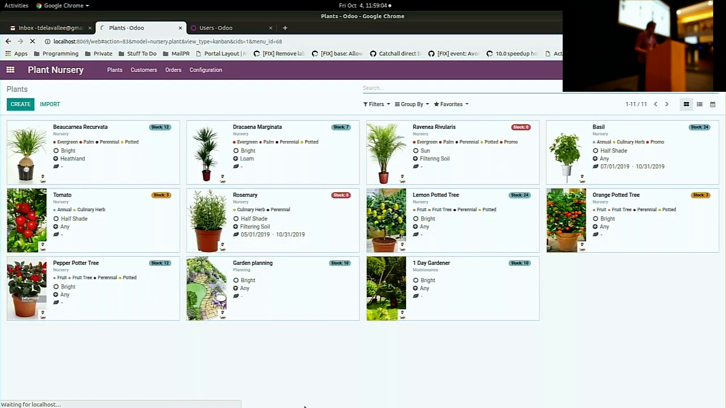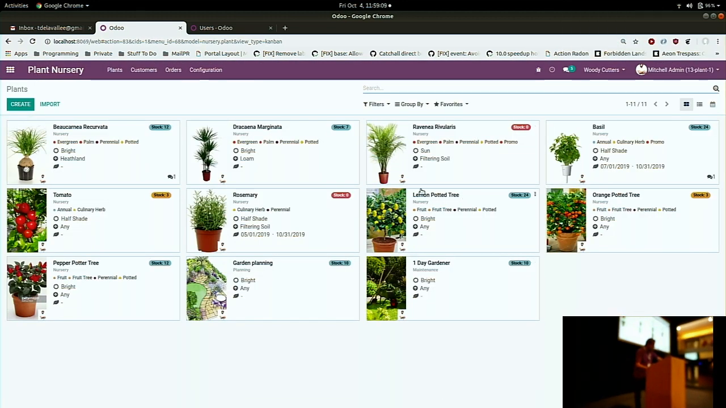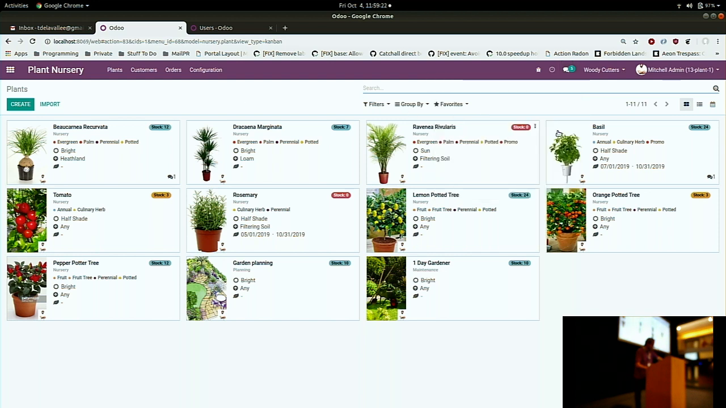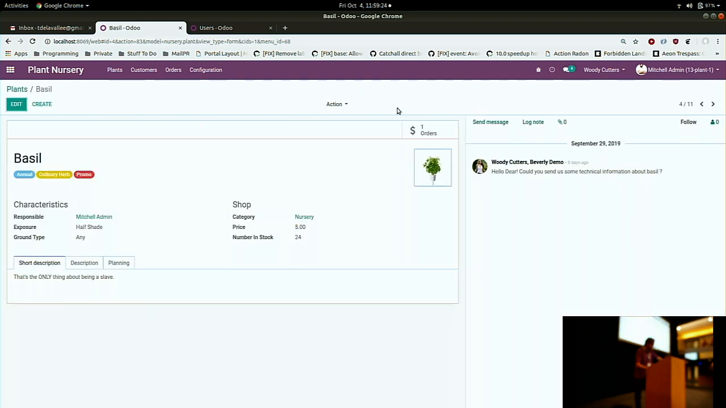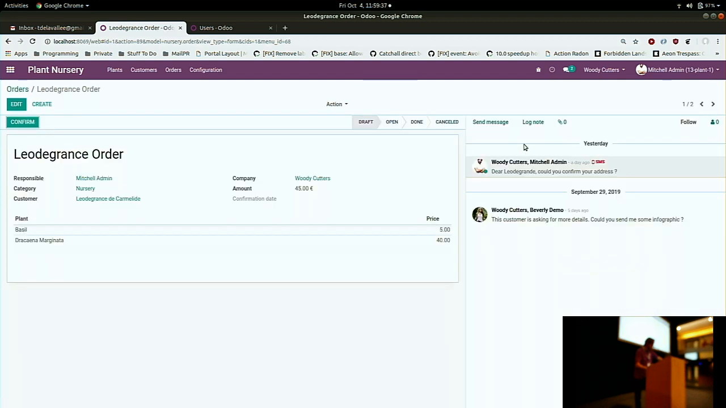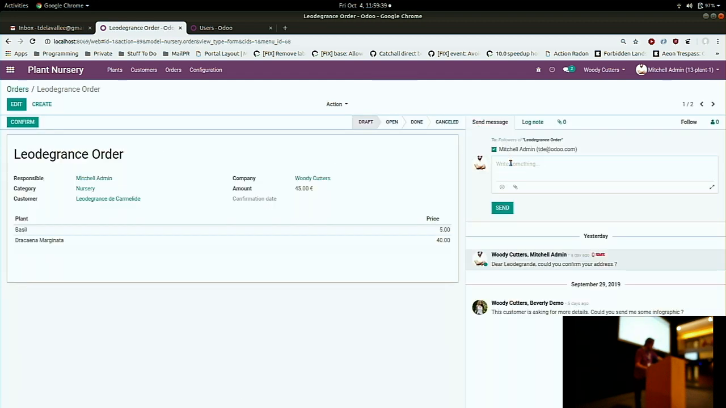Okay, reload. I applied MailThread to my application, and you see that I have some new bits. For example, I have 100 messages on a plant. I have access to the systray with a summary of some messages that people sent me. And if I go on the plant, I have access to the chatter. I can send a message, log a note, add an attachment. I have the management of followers, so I can follow. The same for orders. I have an order with my customer,